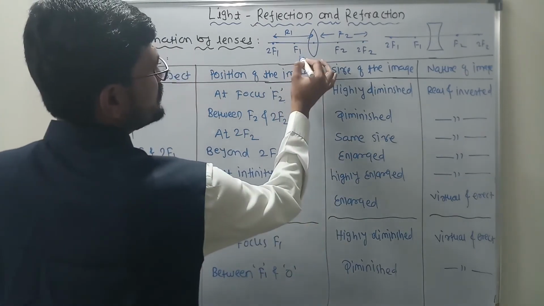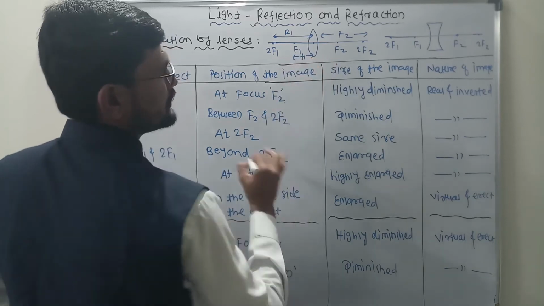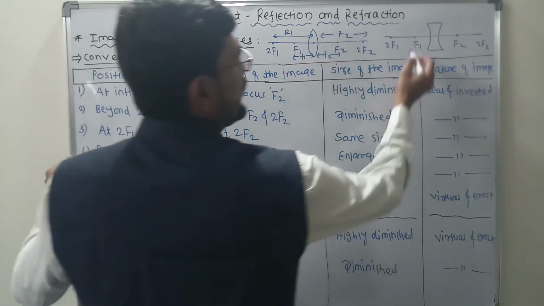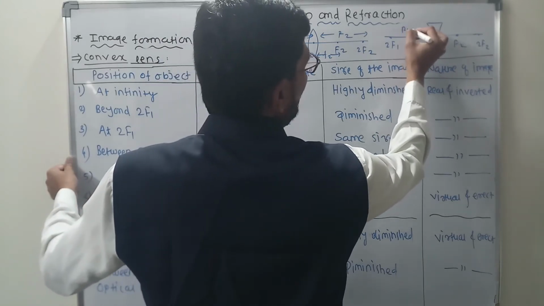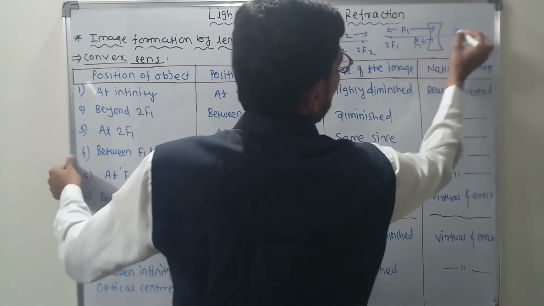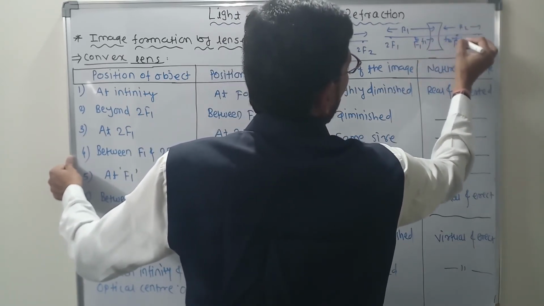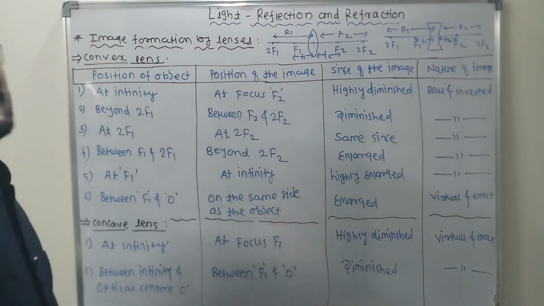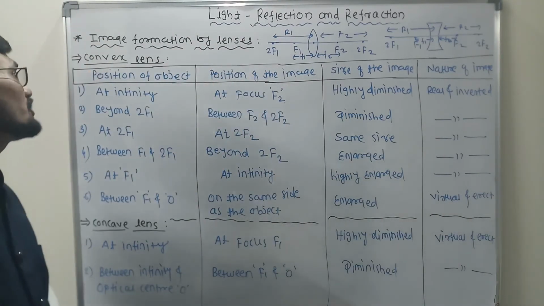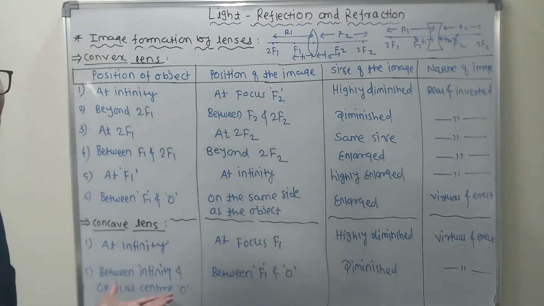And this much of the distance, from here to here, will be your F1, and this one becomes your small f2, clear? And the distance from this to here is R1, and this distance is F1. Similarly this distance is R2 and this distance is F2, clear? All these things are very simple, clear? So that is what is called image formation by lenses, and this is for the convex lens and this is for the concave lens.